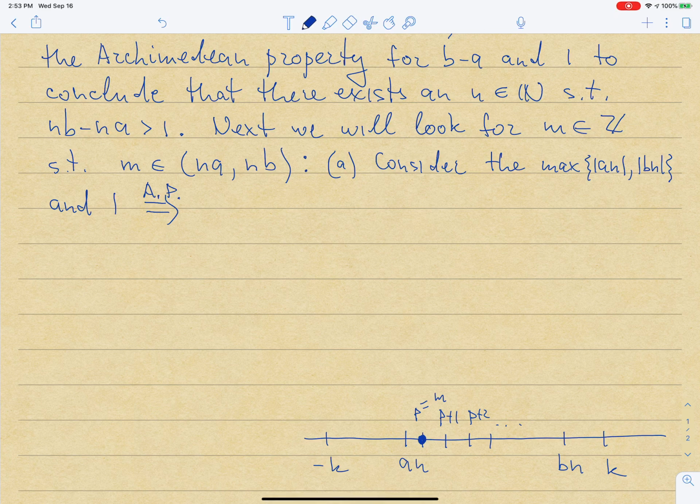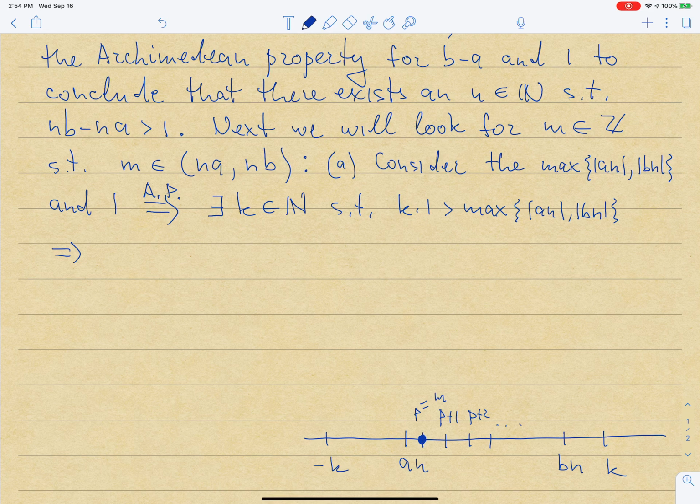So by Archimedean property, there exists a number k in capital N, a natural number, such that if I multiply 1 by k, the outcome is going to be bigger than the maximum of an and bn. So such that k times 1 is bigger than the max of an and bn. Well, so that means that